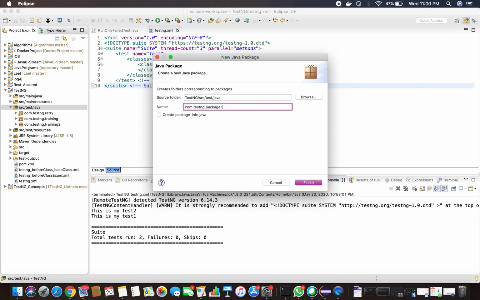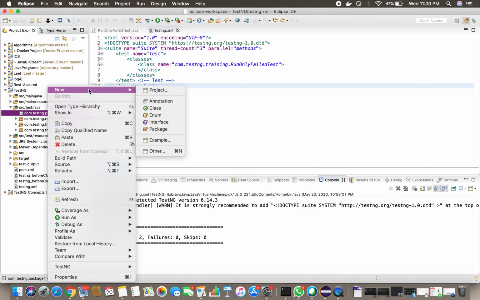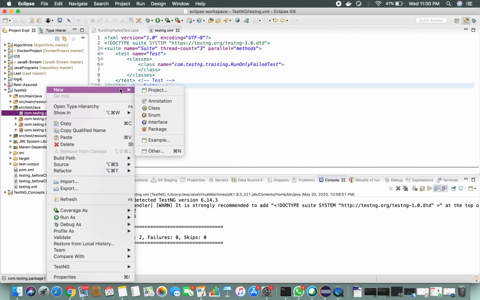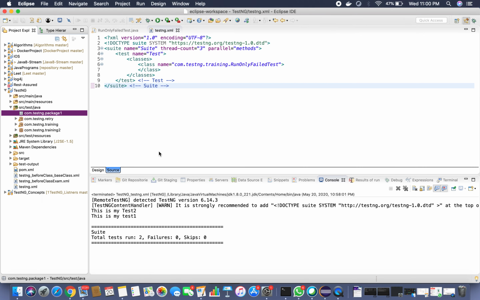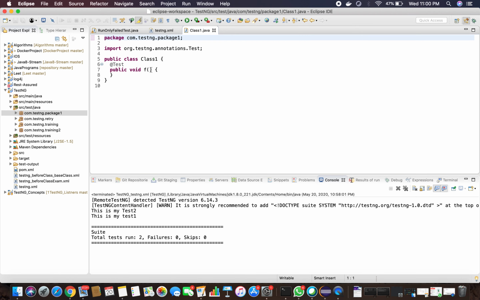I think inside the package name it is not accepting a package, so I'm just giving com.testng.package1. This is my package. Inside the package, let me create multiple classes. I'm going to take a TestNG class. This is my class 1. This is test 1.